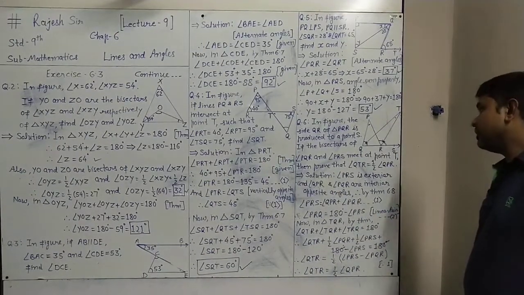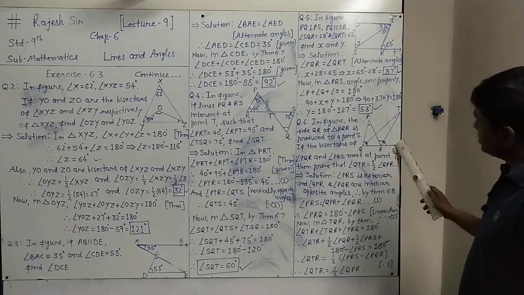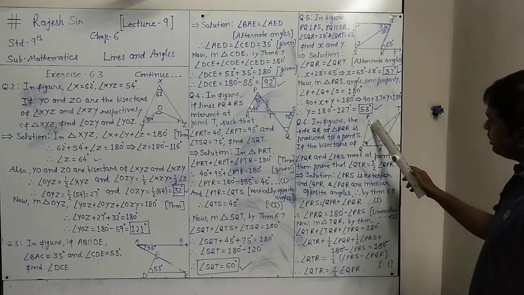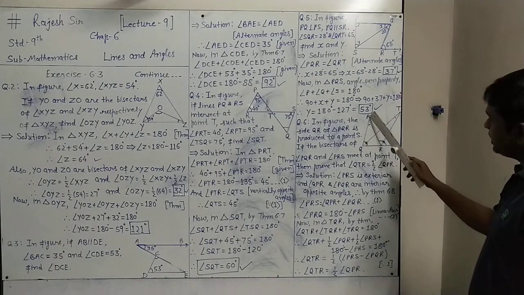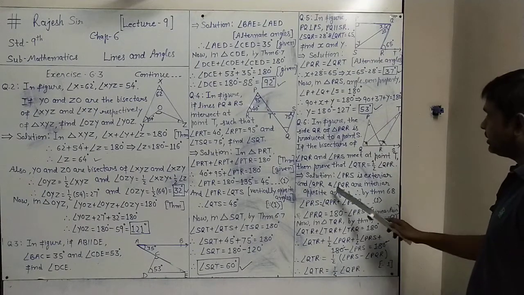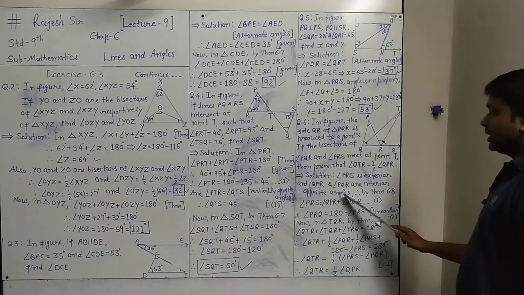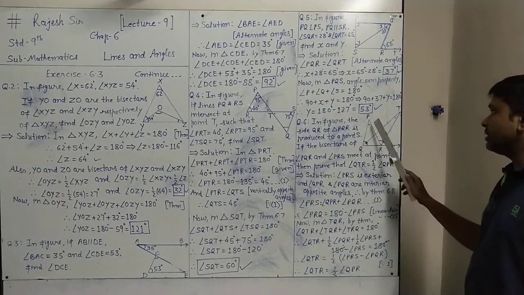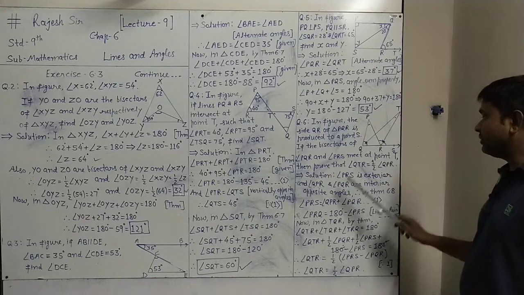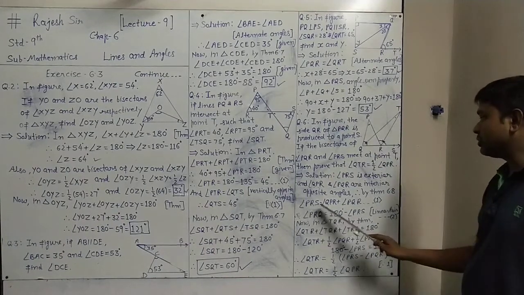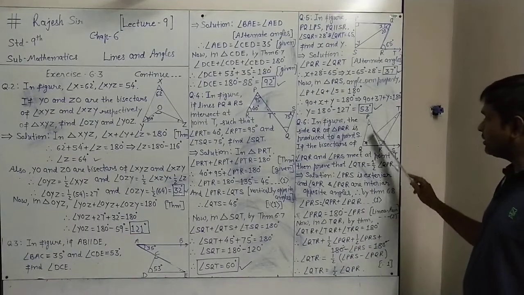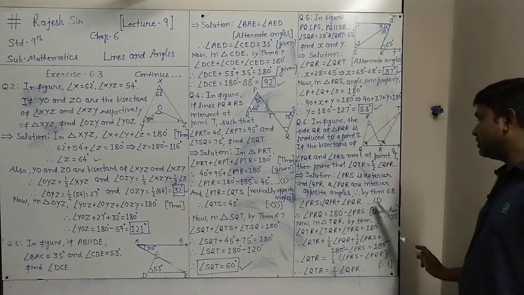So in the solution, angle PRS is the exterior angle for the triangle PQR. The remaining two angles, angle QPR and angle PQR, are the interior opposite angles. By theorem 6.8, the exterior angle is the sum of the two interior opposite angles. So we have angle PRS equals QPR plus PQR. Result 1.